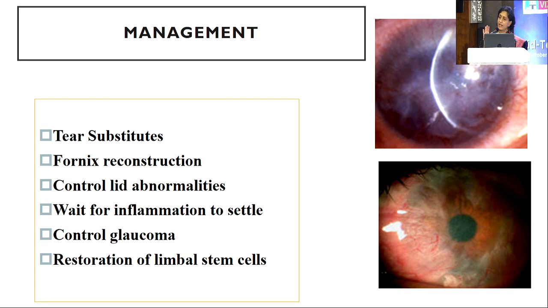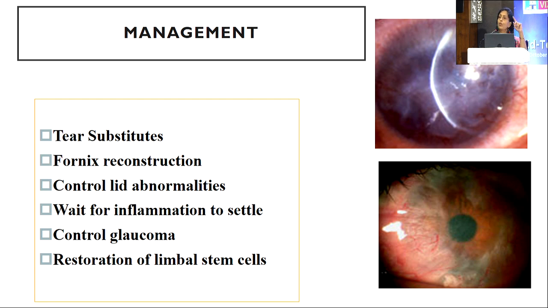One thing I would say, as I mentioned, is control of the inflammation. The other is also the routine use of lubricants and taking care of the systemic risk factors. That itself may sometimes improve the situation. You just require patience and time. So watch the patient for 3 to 6 months, sometimes even up to a year, and they may improve on